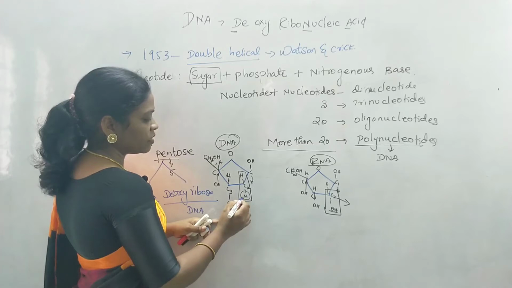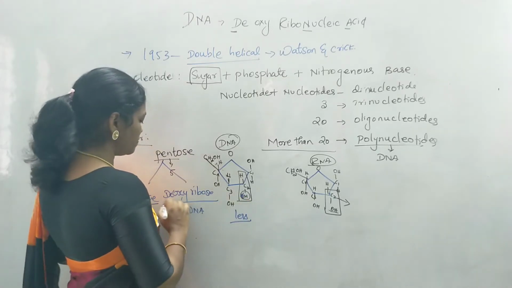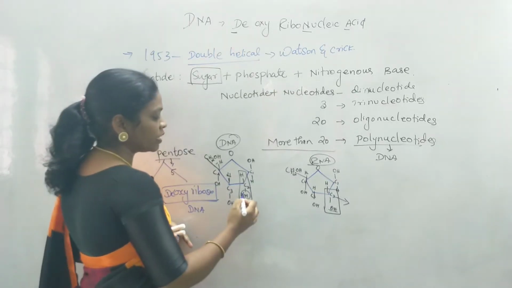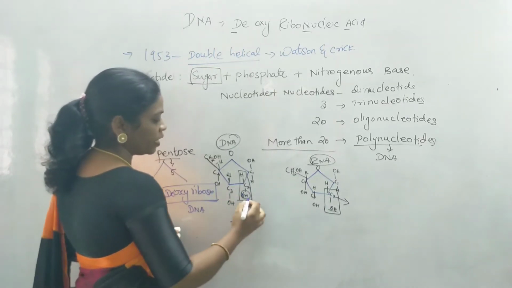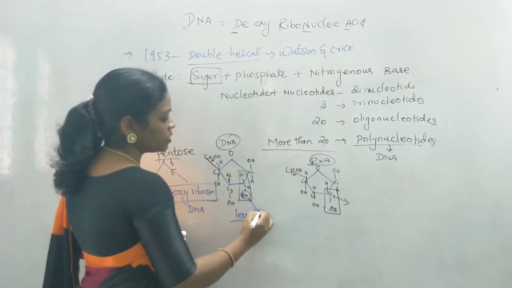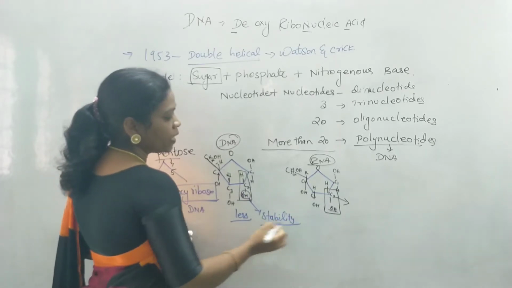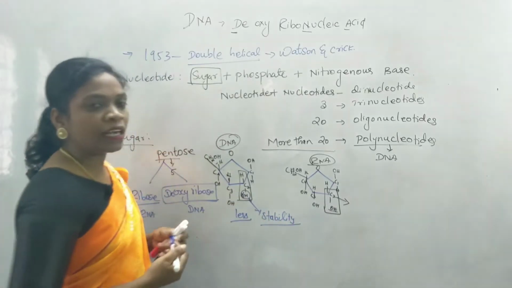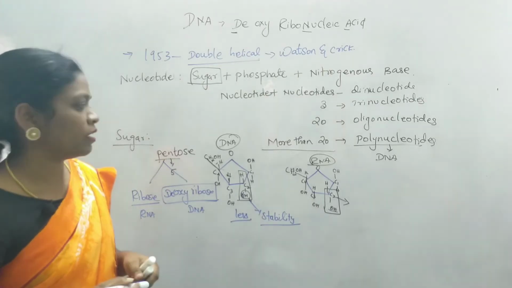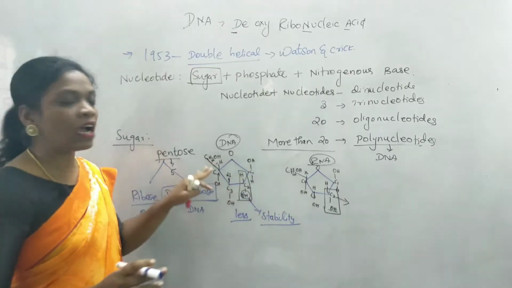This removal of the oxygen is known as deoxy. That is why the sugar is known as deoxyribose sugar, where there is a removal of an oxygen atom and it forms a hydrogen atom. This particular structure gives stability to the DNA, so it can store information. But RNA is readily reactive and can undergo mutation very fast compared to DNA. So this is a major difference between the sugar present in DNA and RNA.